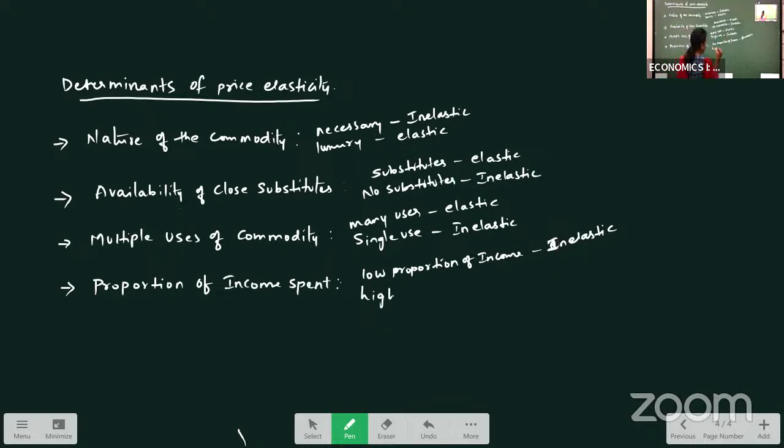Then if a high proportion of income is spent, for example, you are spending around 30,000, 40,000 or 1 lakh, and there is a change in the price of the commodity, demand also changes. So there will be elastic demand. It means if your proportionate spending is low, inelastic demand. If the amount you are spending is high, then there will be elastic demand. Next determinant of demand is